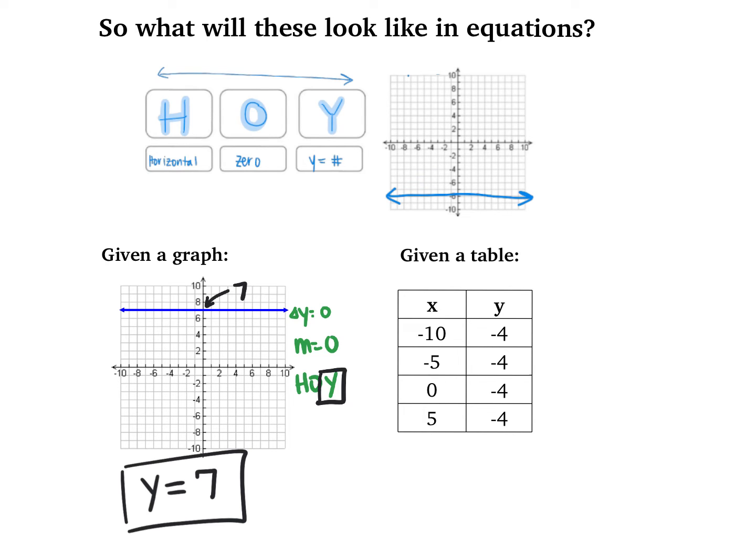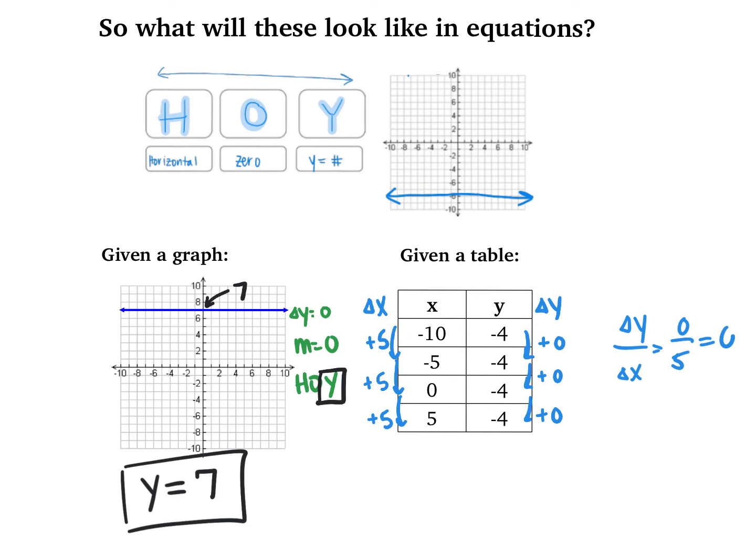By comparison, if I had a table, it might take me longer to get to that point. So you can always start by finding your slope. So that slope is that change in y, so as you move down the table, I can see that here my change in y is not changing at all, whereas my change in x is increasing by 5. So when I go to calculate my slope, I see that I have 0 over 5,